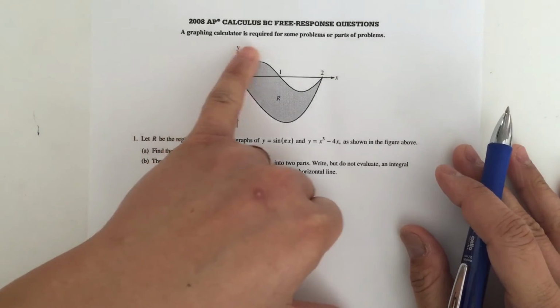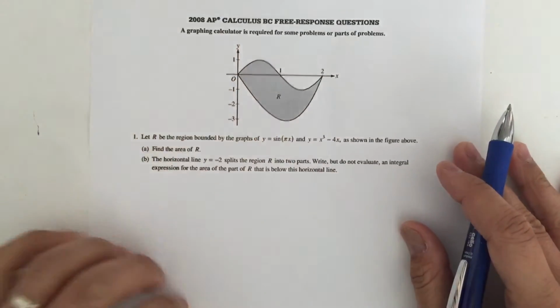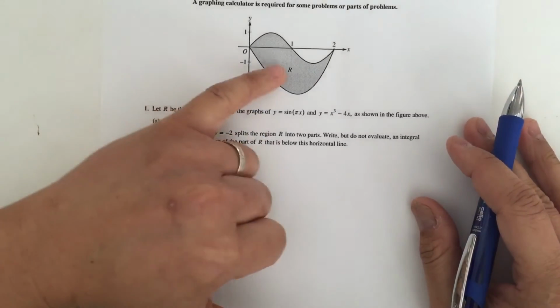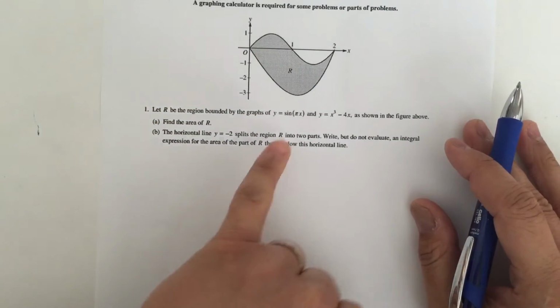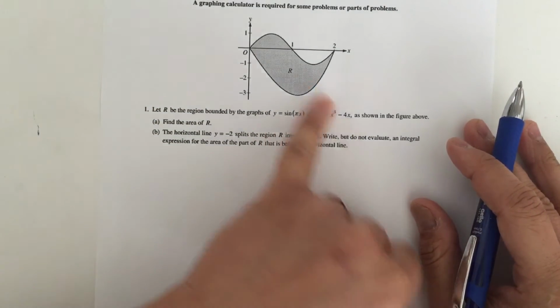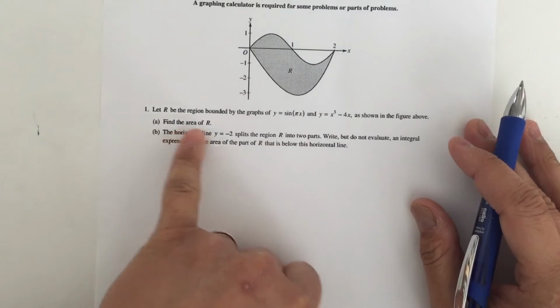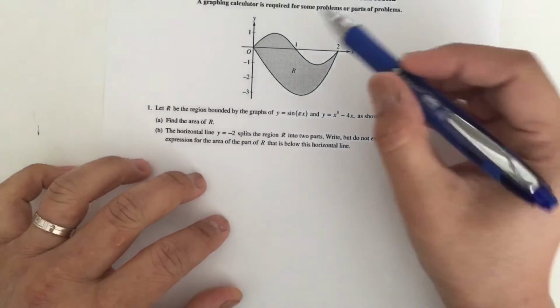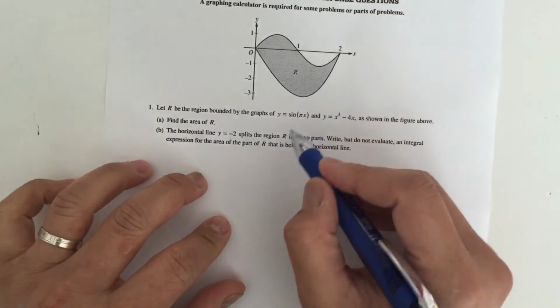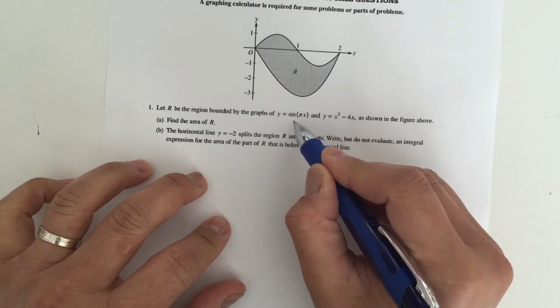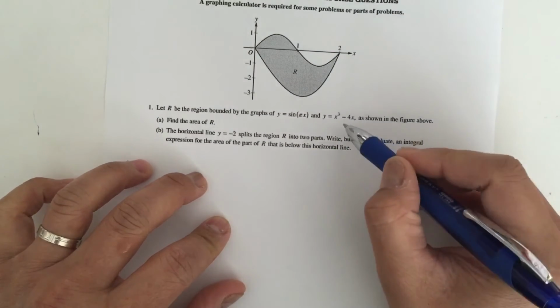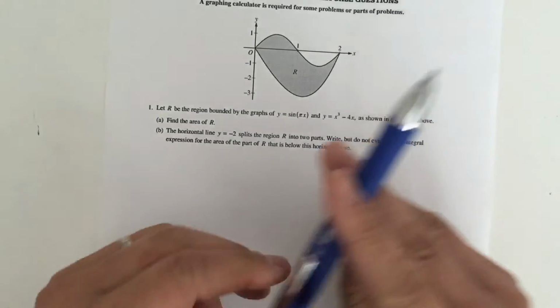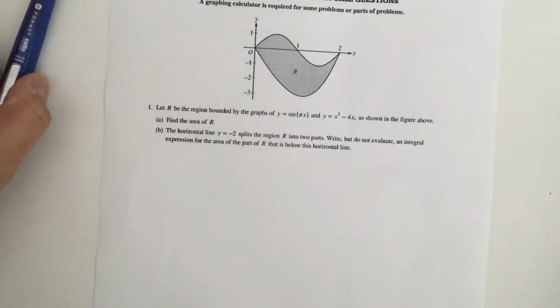A graphing calculator is required for some or part of this problem. So this is R, this is the region we're interested in. There are two graphs for region R as shown above, and they want us to find the area of R. So the first thing we need to do is determine which curve belongs to sine of pi x, and which curve belongs to x cubed minus 4x, because a calculator